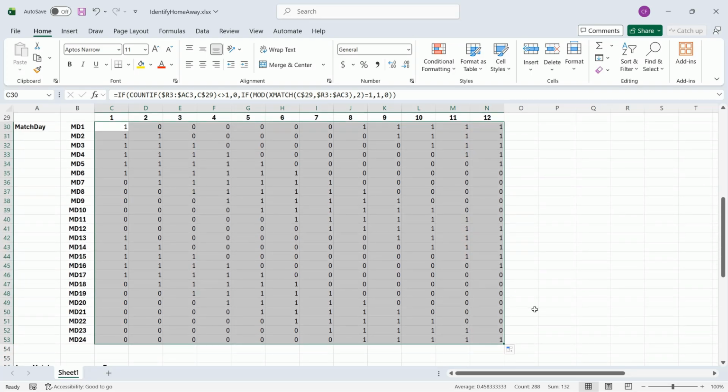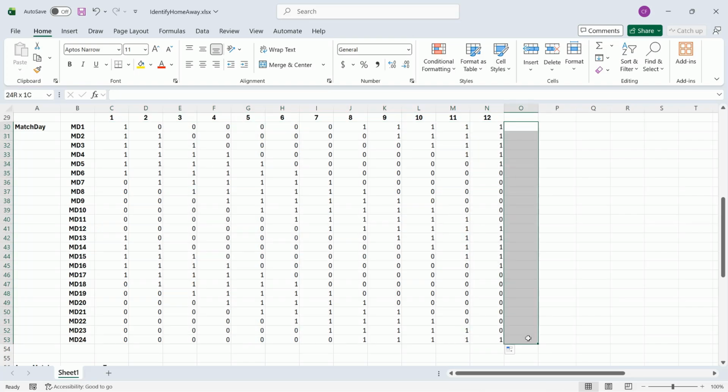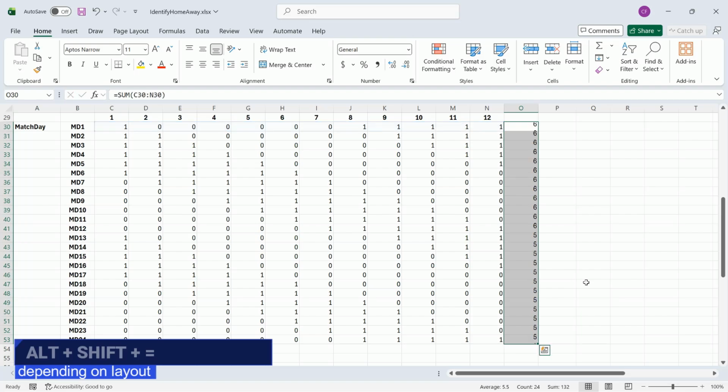I'm good there, I guess. And I can see that I have a pretty good mix of home and away matches. So what I will do is ensure that each of my rows has either 5 or 6 home matches, because remember, a team can be listed as playing itself, but we're not counting that. So in O30 through O53, I will press Alt equal, and I get a list of 6s and